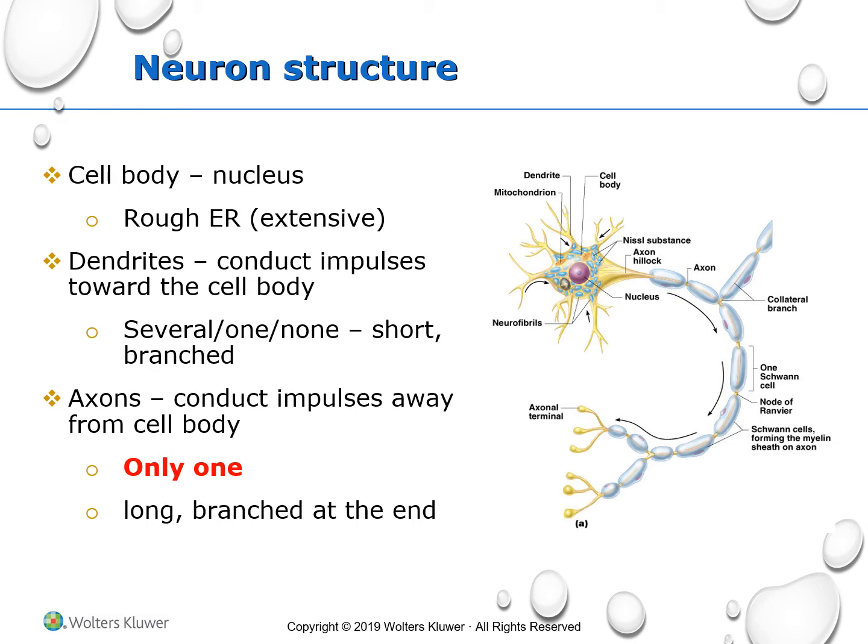The other projection from the neuron cell body is a long one called an axon. Those neuron fibers conduct impulses away from the cell body. Those impulses can be delivered to another neuron, to a muscle, or to a gland. Every single neuron has just one axon, and sometimes this axon can be as long as 1 meter. Along the way it may give off many branches, like this collateral branch you can see here.